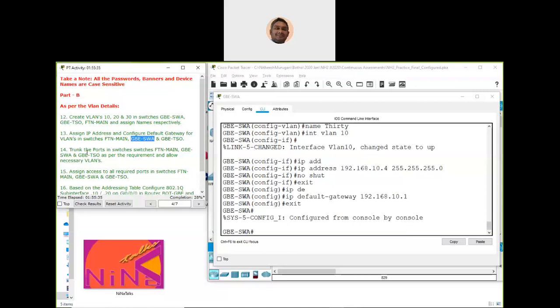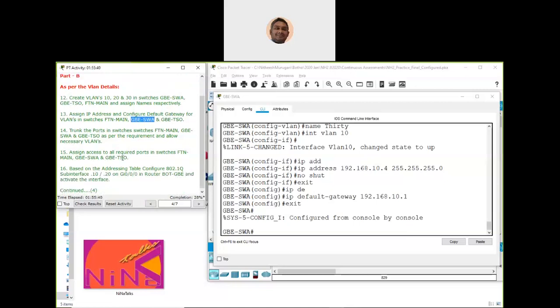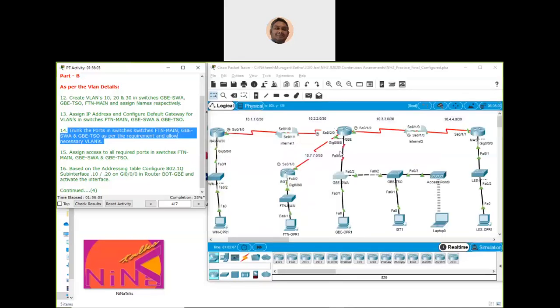And now we have to trunk the ports, assign access. Okay, task 14, trunk the ports in switches as per the requirement and allow necessary VLANs into it. So we are now working with VLANs 10, 20, and 30. So these are the necessary VLANs. See, this question does not give you it. It is not a direct task. You have to think for it, and you have to trunk the ports. So seeing this topology here,